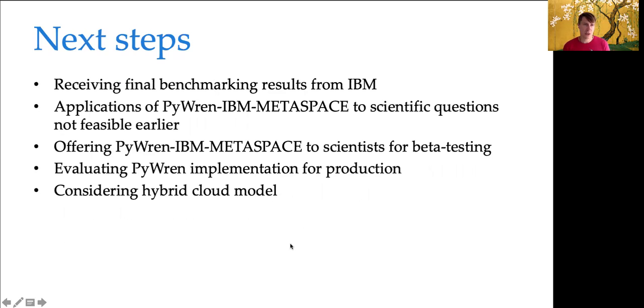So, in the second term of the Cloud Button project, we expect very soon to receive final benchmarking results from IBM for our benchmarking experiments. We will start using PyRun IBM METASPACE to apply to scientific questions in spatial metabolomics which were not feasible earlier with our serverful implementation. We also plan to offer the PyRun IBM METASPACE implementation to scientists for beta testing, because